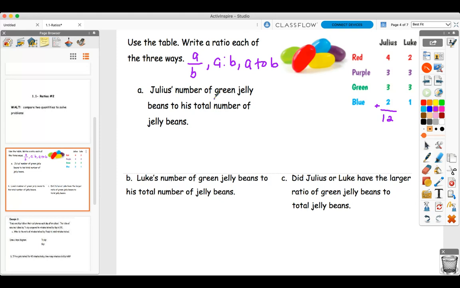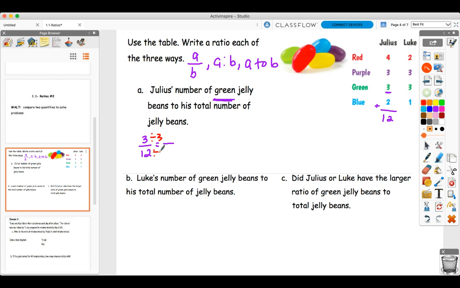So it's green jelly beans. We're only looking at green in this case, okay? Green. So that first ratio is going to be 3 over 12 as a fraction. And remember, you must always reduce your fractions when writing a ratio. So let's simplify this. So what number goes into 3 and 12? And that is going to be